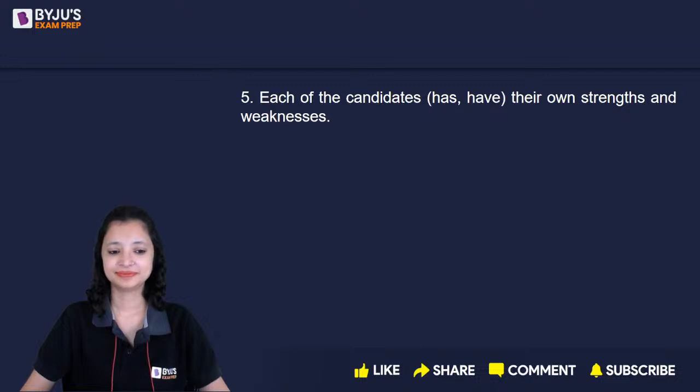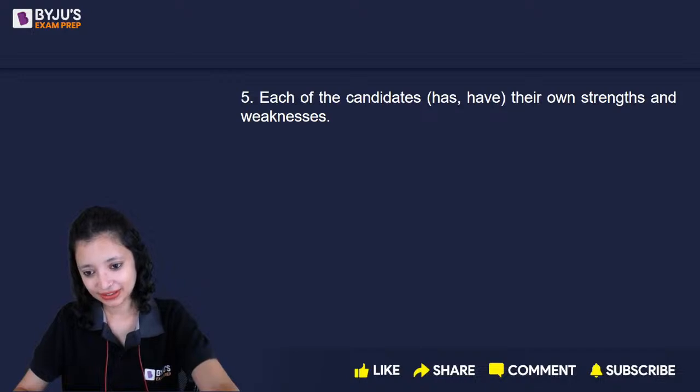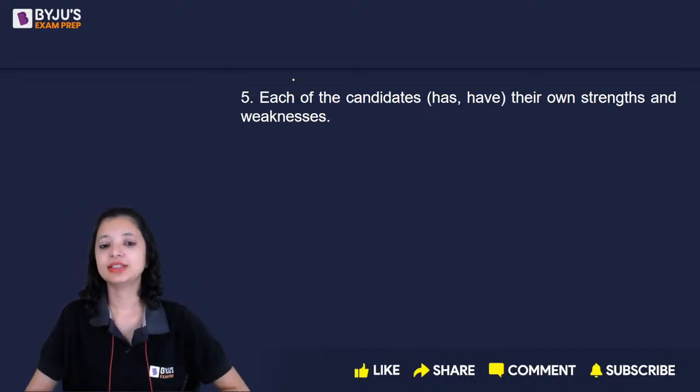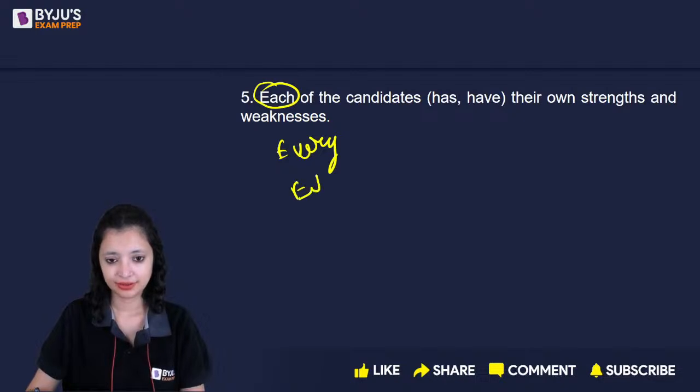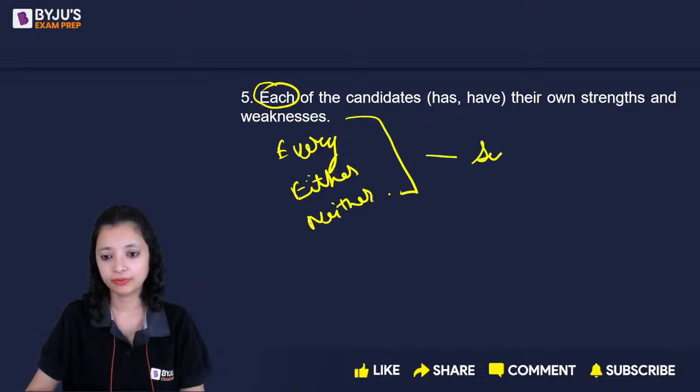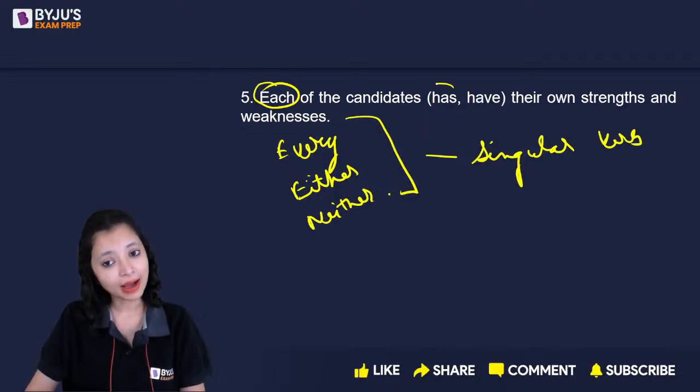What's your answer? Let me tell you the rule. So the rule is when you have words like each, every, either, and neither, these words are always followed by a singular verb form. The moment you see these words, you know whatever the sentence is, your verb has to be